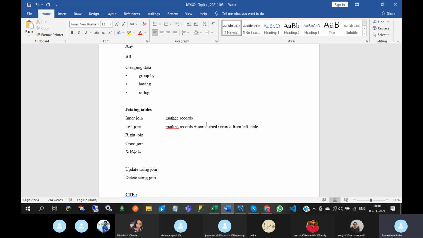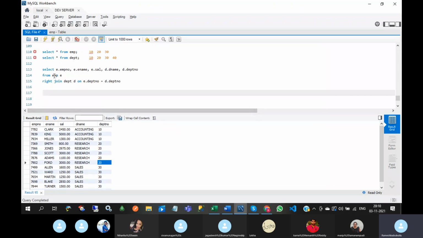Right join means matched records plus unmatched records from the right table. What is meant by left table and right table? Here we have used the EMP table first, so this is called the left table. We have used the DEPT table at the second position, so this is called the right table.